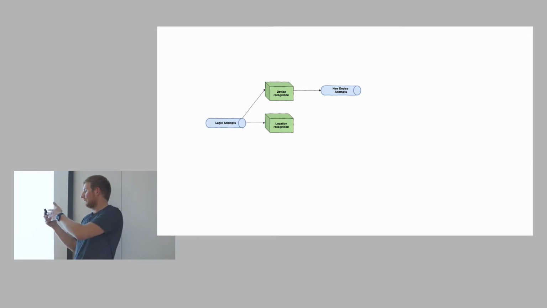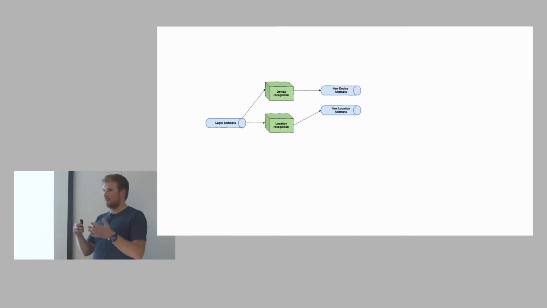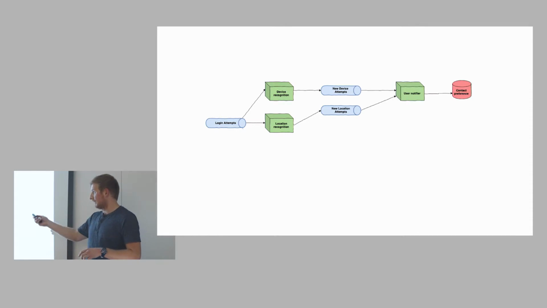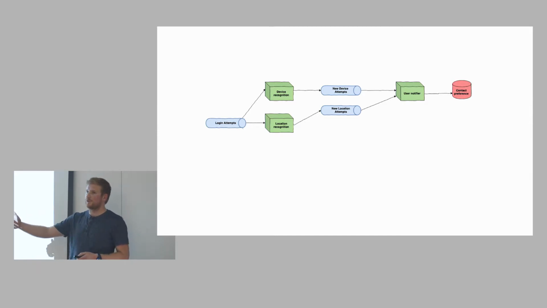What is more, we have another stream processor that consumes the very same stream, like location recognition, and it discovers logins that are coming from new locations in context of a particular user. These two streams then can be combined by yet another stream processor, which I called user notifier, and user notifier can use some knowledge like contact preference to send communications out to the user. These contact preferences can also be stored in Kafka, but it's a bit different story. So we have this nice topology here,